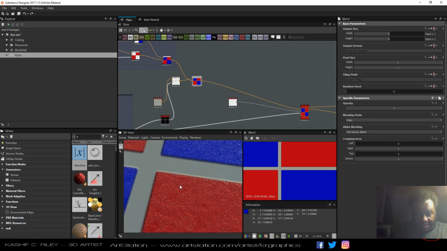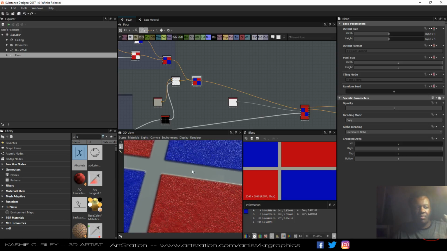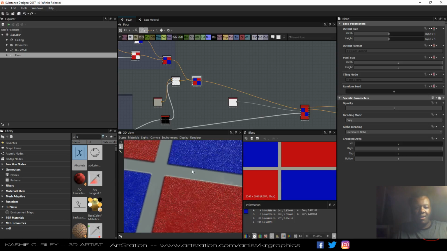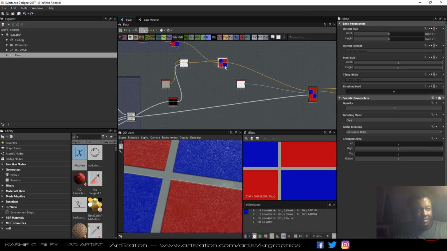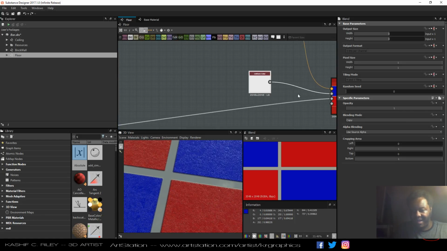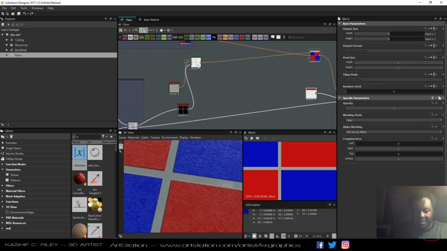So here we go. This is our little grout, but of course our grout looks weird. It's naked. It has no real detail. So for the grout, I'm going to go back in here and mess around a little bit and have a good time. Right now I need to start adding detail to the grout. So to do that,